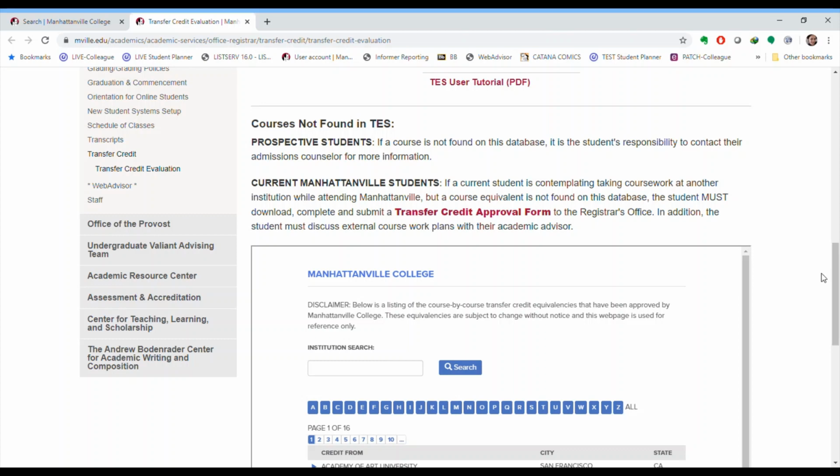But if you are wondering what it will come in as, that's when you would contact our admissions office, the counselor that you're working with. They have a general idea of how credits will transfer in. And then when it comes to our office, Matt Salveson will do the official review and process the credits.